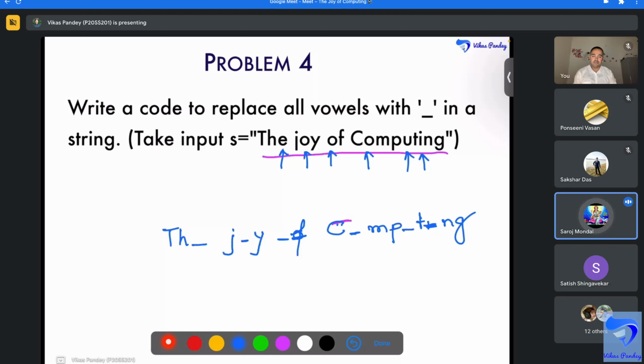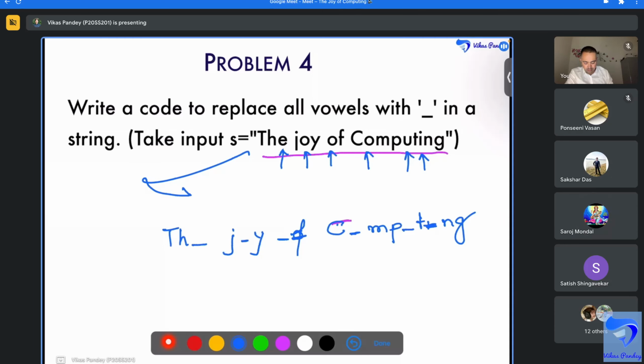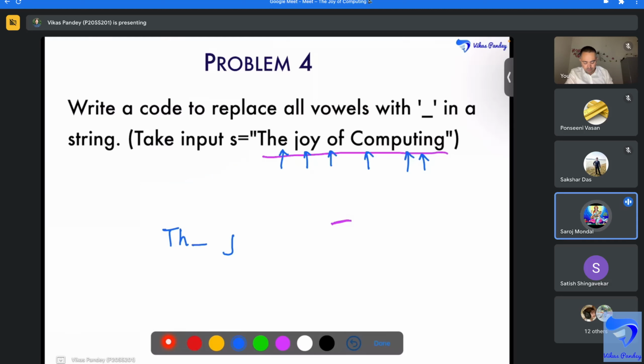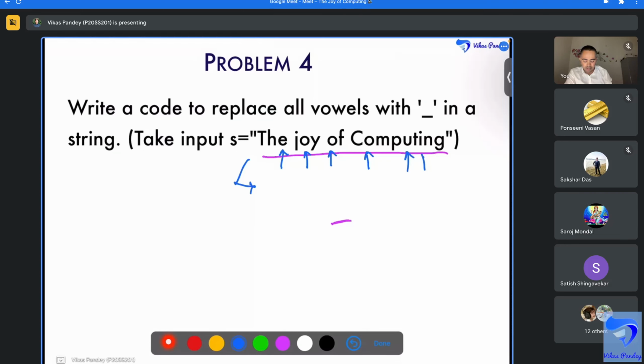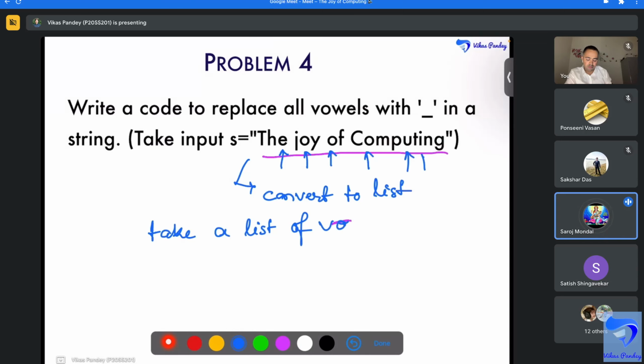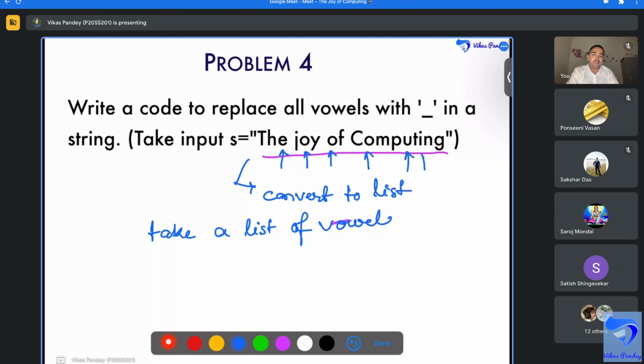Anyone? So at first we change the string into a list. Then we check one by one character. Okay, let me write that. We have to take a list of vowels. So we will convert to list, because list permits assignment, but string does not. Okay. Then